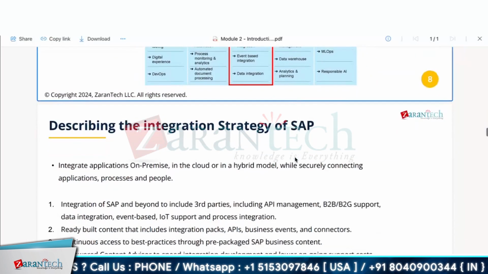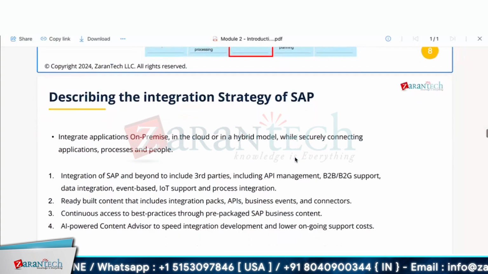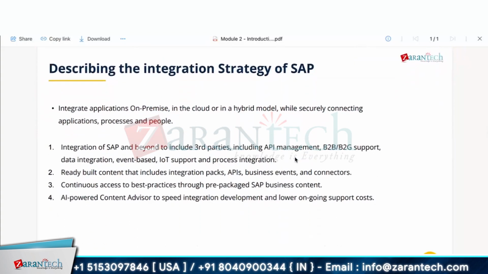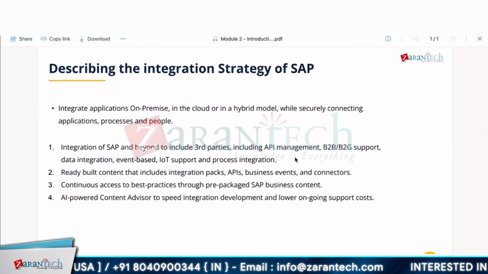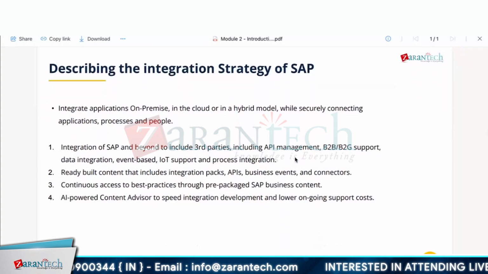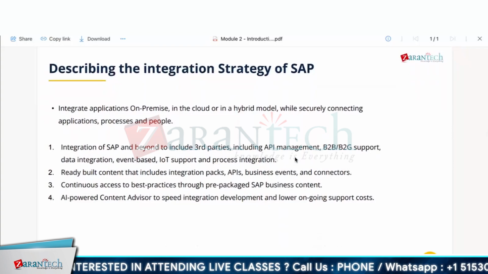So now, you might be aware at this point of time, how do we actually create an integration out of it? For example, you can use SCPI. SCPI is used to connect with any kind of SAP system or non-SAP system, even your third-party system.